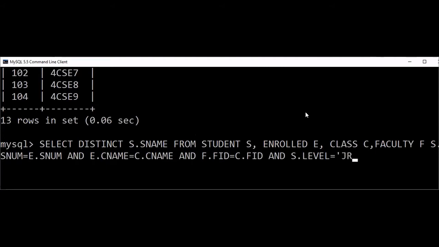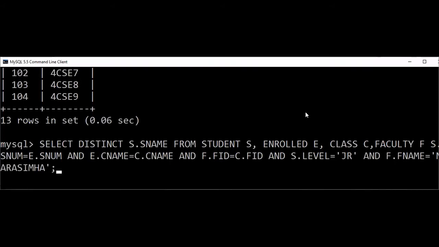So that's why I'm writing JR. And another is the faculty name, so again and f.fname. You write the attribute correctly: f.fname equal to Narsima. It's not Professor Narsima in the table, so that's why I'm writing Narsima. The question says Professor, but while inserting it's only Narsima. So this is the first query of experiment 9.